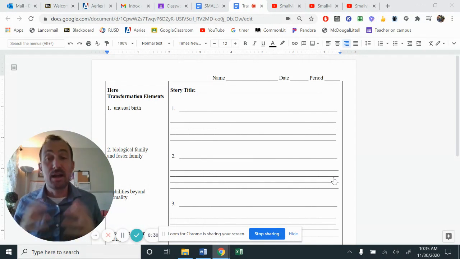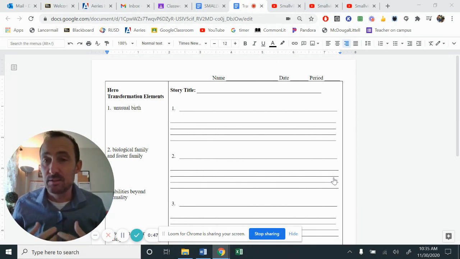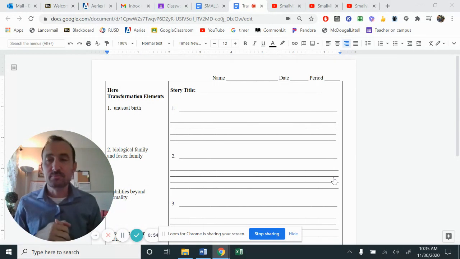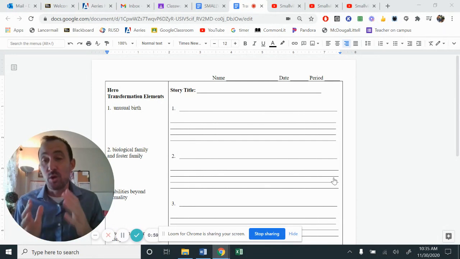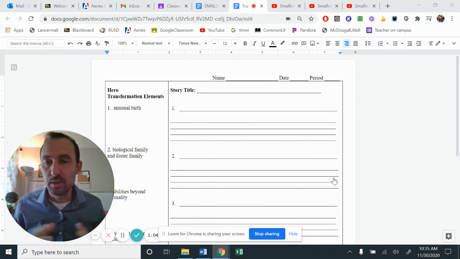So I love these assignments simply because we get to use our imagination and we get to pull in media that is familiar to us. So movies and television shows and books and stories that are dear to our hearts because they embody the heroic elements. They embody this journey that the hero goes on, this quest. And so what we're looking at is analyzing what is that quest? What are those components and how does that fit into the storytelling realm?